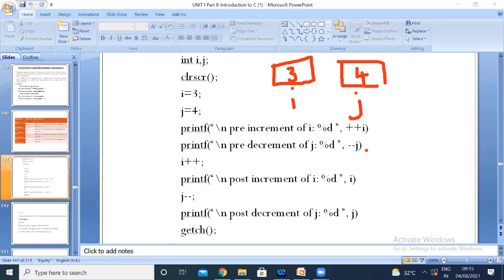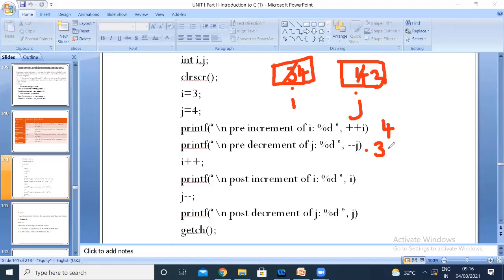Now printf percentile D comma plus plus I. What will be the value of I you will be getting? 4, ma'am. Plus plus I means pre-increment, no? So 4 is going to be displayed. Now minus minus J means what? Decrement. J is decremented by 1 unit, and here you will be getting the value as 3.